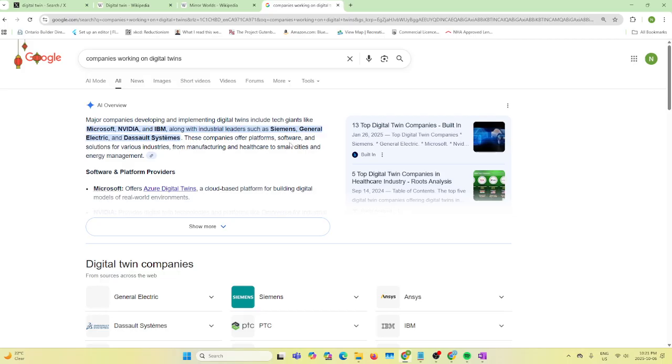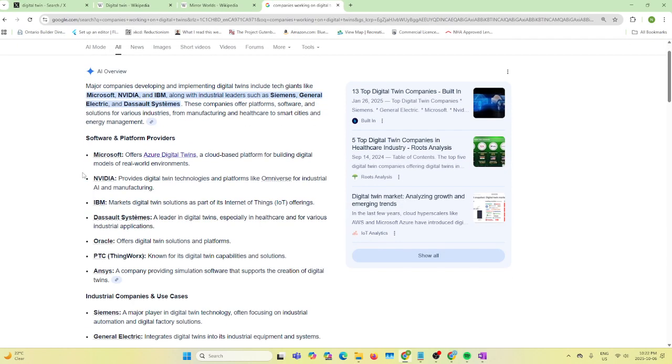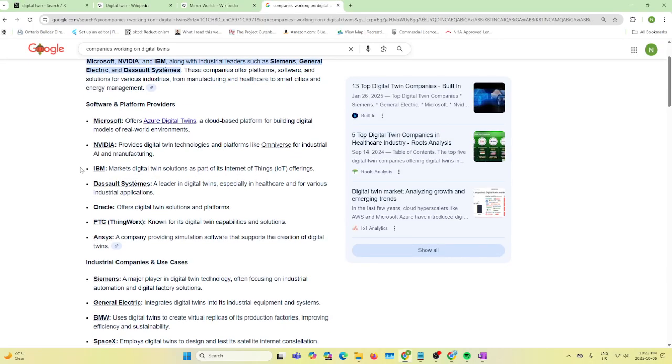These companies offer platforms, software, and solutions for various industries, from manufacturing and healthcare to smart cities and energy management. Microsoft offers Azure Digital Twins. Okay, NVIDIA, IBM marketing digital twins solutions as part of its Internet of Things offering. Okay,